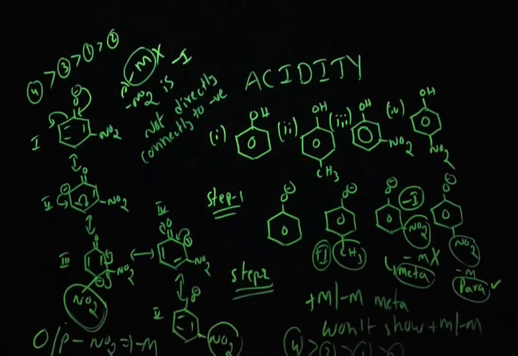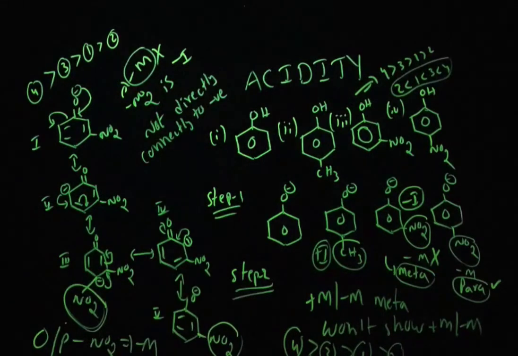Okay, that means the stability order is equal to acidity order. The acidity order of the compounds will be, the final answer will be 4, 3, 1, 2. This is the decreasing order of acidity. If they are asking about increasing order in the question, you have to reverse it: 2, 1, 3, 4. Increasing order means you start from low to high, decreasing order means high to low. Okay, that's it guys.